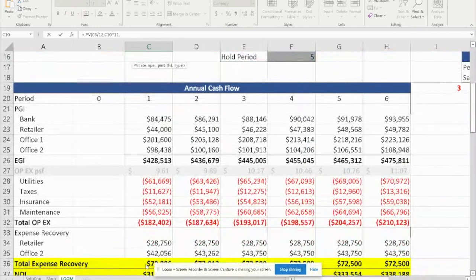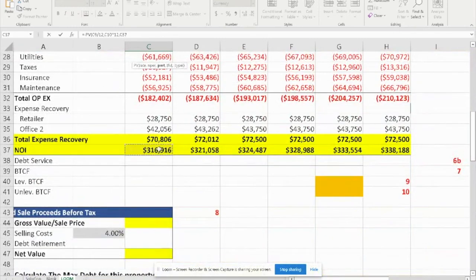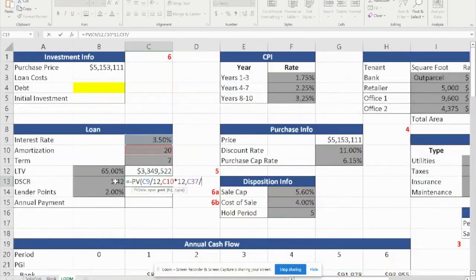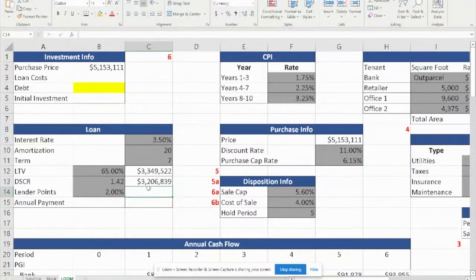It's going to be the NOI divided by the debt service coverage ratio divided by 12. Doing this in close-up parentheses will give you the potential loan information using the debt service coverage ratio. What this means is that if the bank gives you a debt service coverage ratio of 1.42, they can tell you what the loan would be given your NOI and the loan terms as your actual